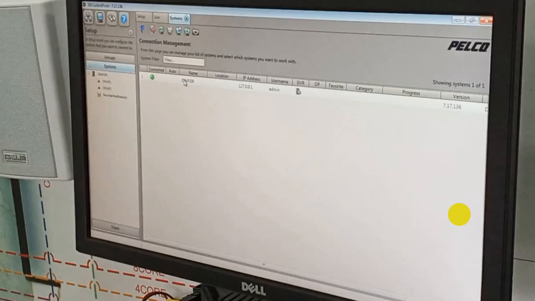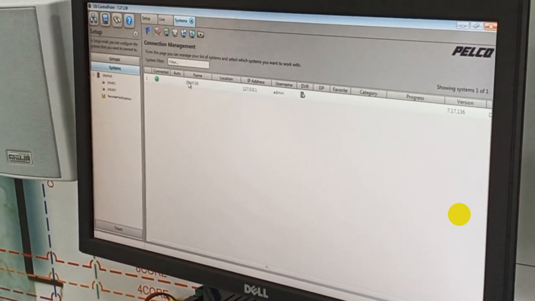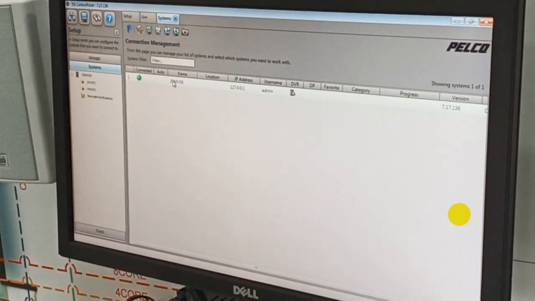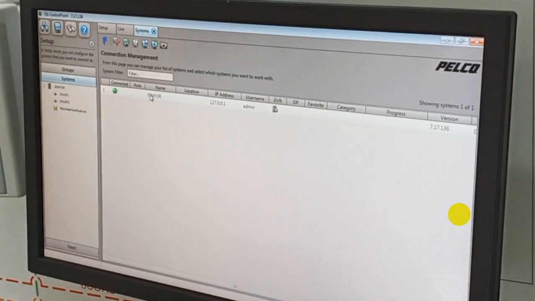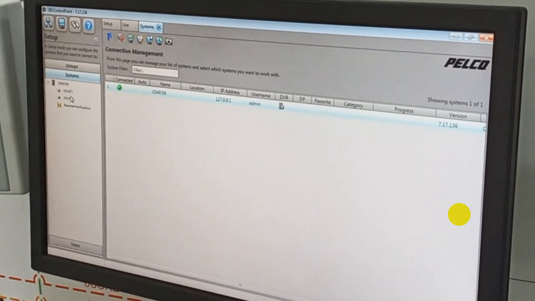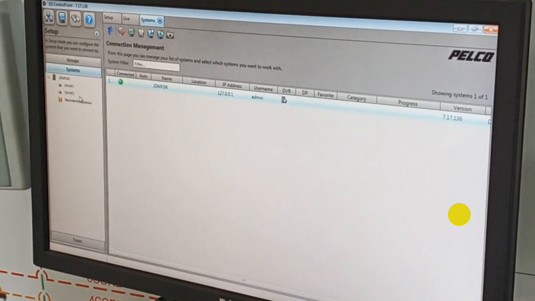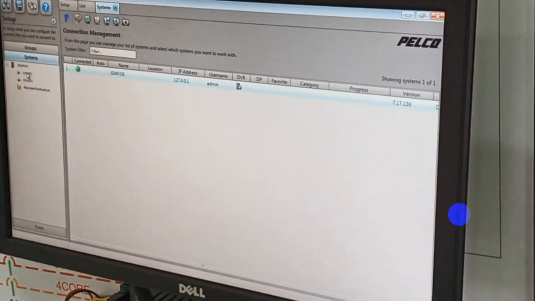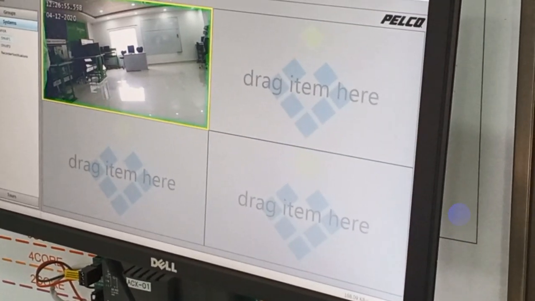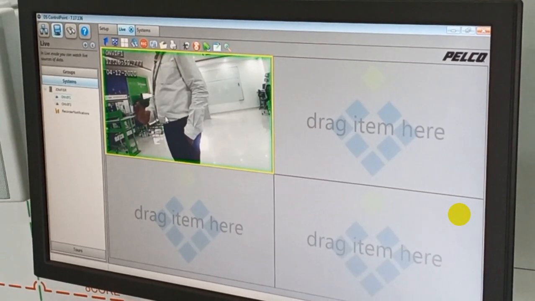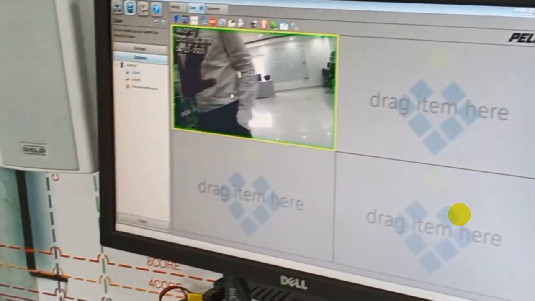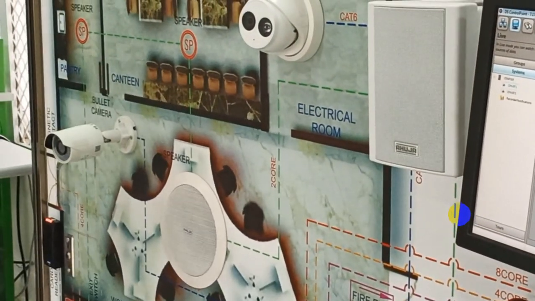We can see the procedure for output. So we are going to see the output in the DS control point. Already I have done the setup in the DS quick setup. Now I am going to see the output. Here you can see two cameras are available. So VAF1, VAF2. Okay. So I am going to click on this so that you can see the first camera. So I am going to the camera here. So here I am showing my hands so that you can see the first camera is visible.